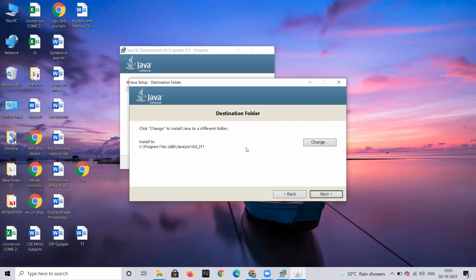Now you will observe like this. Destination folder: our installation software is by default available in C program files or x86. This is our file location. Please click on next.